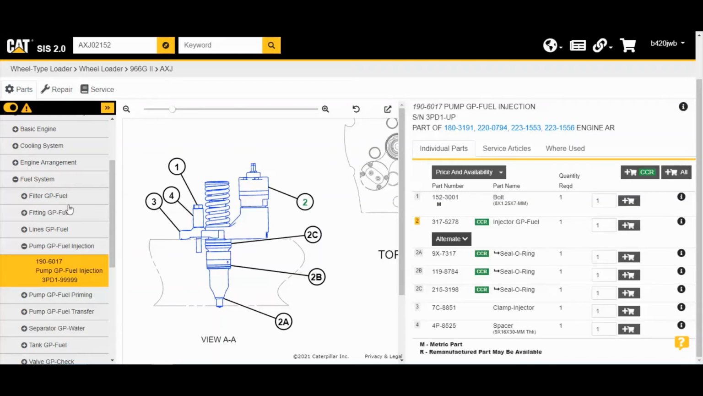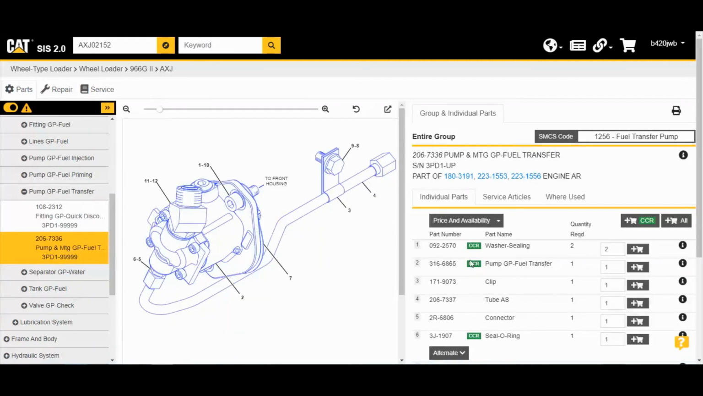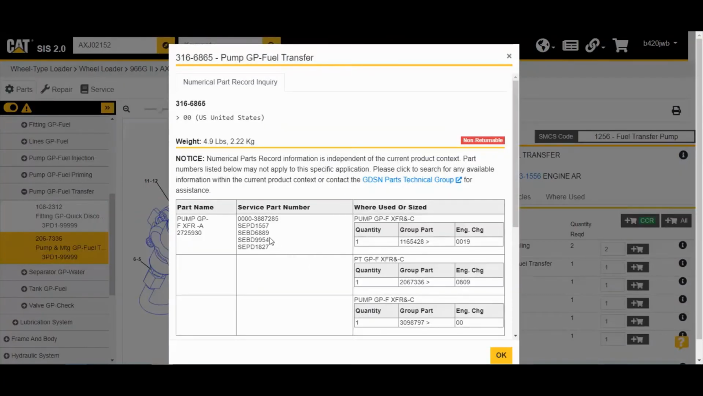So let's take a look at a part that I know updates. Let me go over to the fuel transfer pump. Okay, so in this case, my fuel transfer pump is being called out as part number 3166865. So all the way to the right, if I click that black eye, you can see that that part number updates. It lists at the very top the part number that I clicked on, which is 3166865. And then in this center column that says service part number, that's basically what I'm going to call the orderable part number. So that part number does update to a